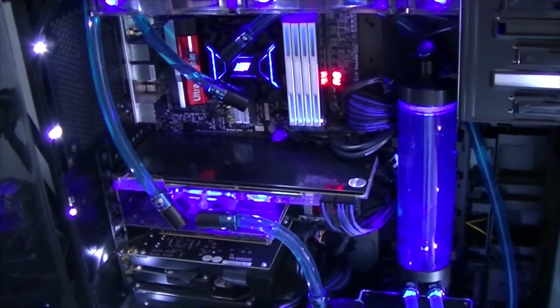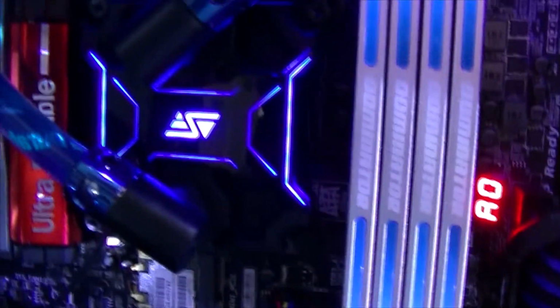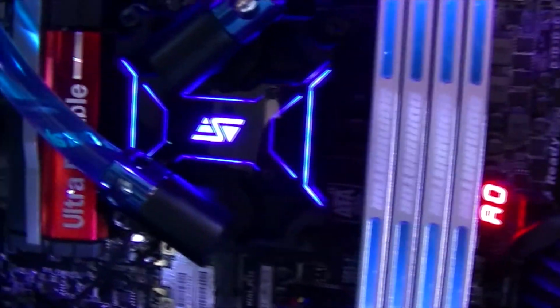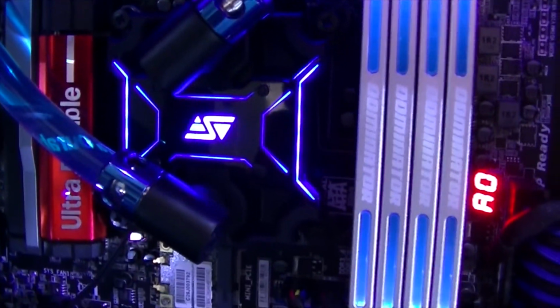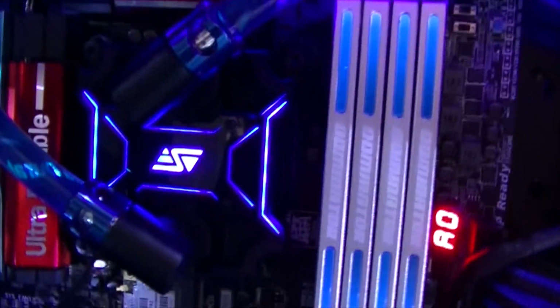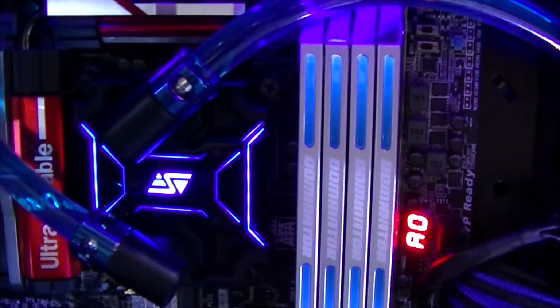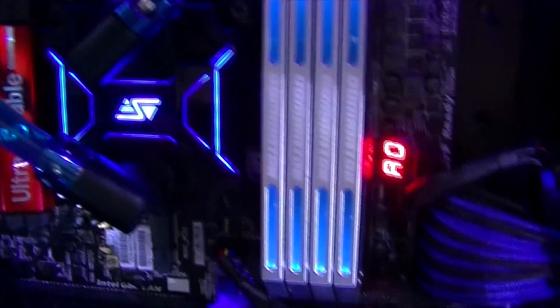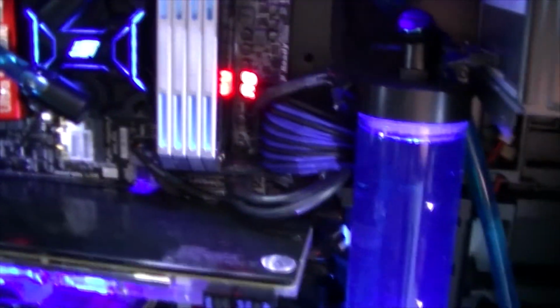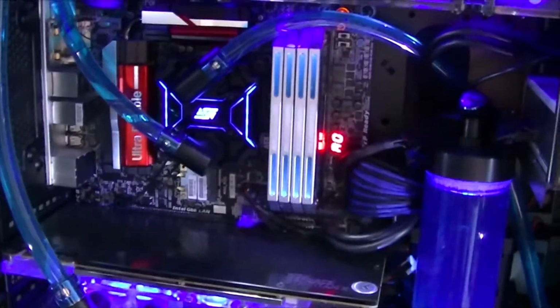Everyone, we're back almost 2 months later once again. As you can see, here is the Swiftech Apogee doing its job of cooling my CPU. It does a fairly decent job. I've been able to get a slightly higher overclock, only 4.2, but that's trying to keep my voltage down as low as possible. Mine's a rather hot chip, so I think that's the reason why. But yeah, I think it looks pretty cool. It doesn't stand out too much, but